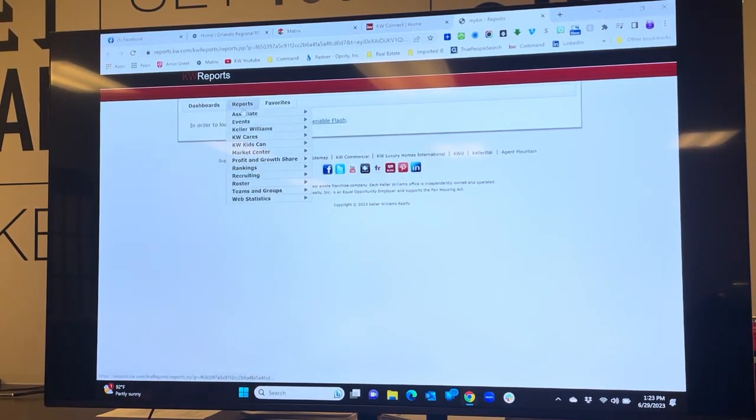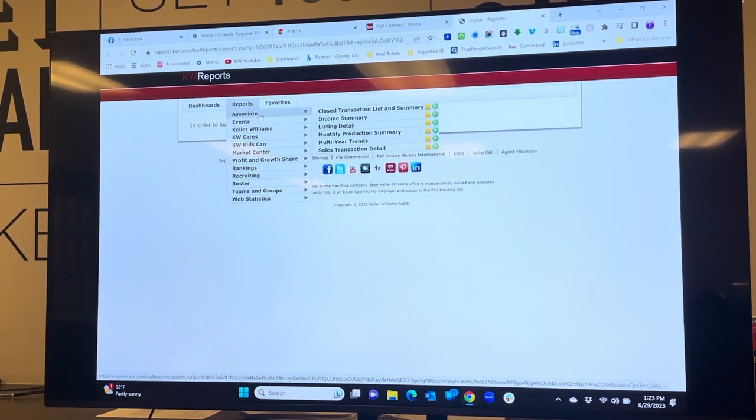We're going to click on the reports, and you're going to see there's a drop down now that says Associate, Events, Keller Williams, KW Cares, Kids Care, Market Center, Profit and Growth Share, Rankings, Recruiting. You may not have all of these, but you should have most of them. The one you're going to pay most attention to is Associate. That's you. It will tell you in a report your closed transaction summary, your income summary, your listing detail, your